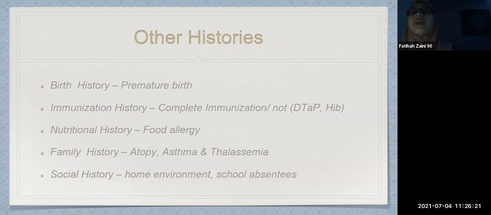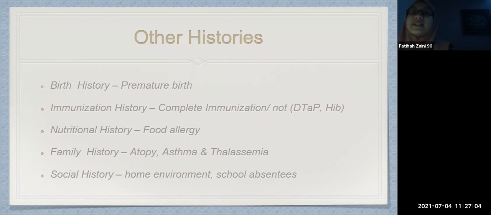And then the other relevant history taking that should be asked is regarding the birth history. It is very important to know whether the patient was born preterm or term. This is because infants born prematurely who develop bronchopulmonary dysplasia, or with underlying lung disease such as cystic fibrosis or congenital heart disease, are most at risk for severe bronchiolitis. And then we need to ask regarding the immunization history, whether it is complete immunization. We know that Haemophilus influenzae B infection is one of the etiologies for acute epiglottitis, and then